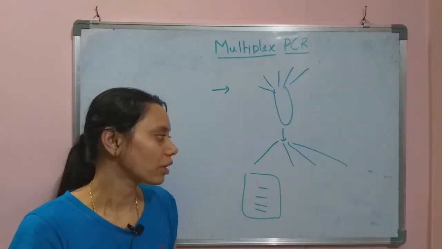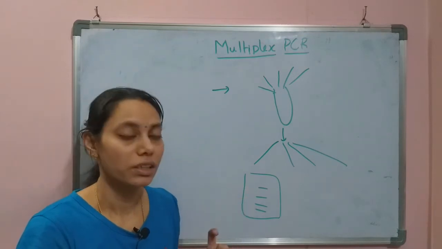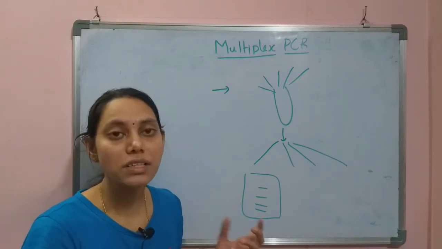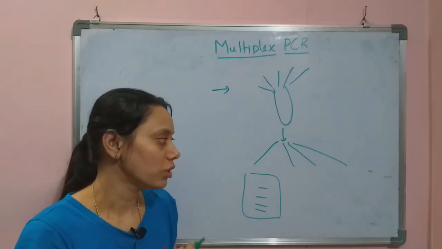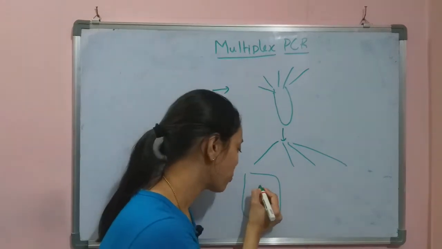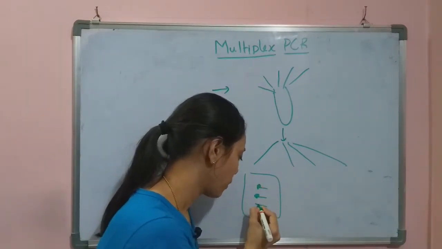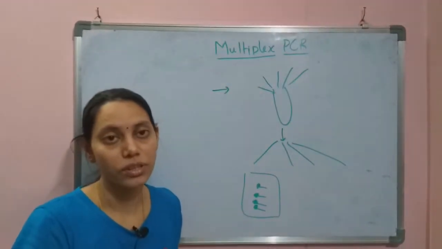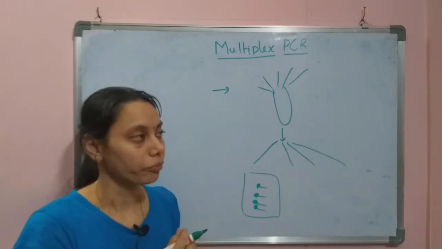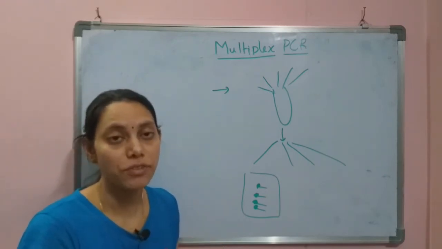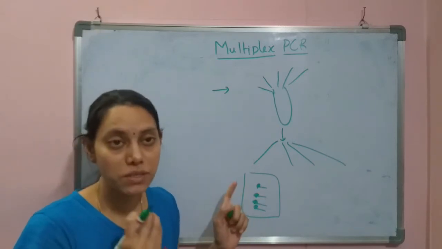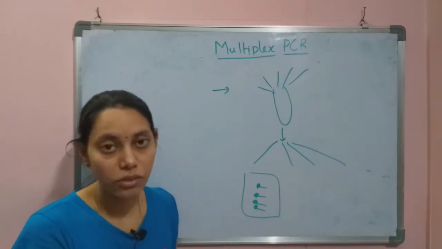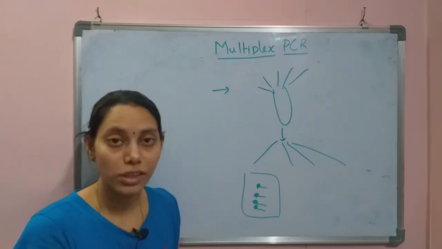So how do we detect different sequences, different targets, whether they are amplified or not, if they are in a single mixture? We are going to use different probes. The markers are different. For each individual reaction we are going to use a probe. A probe is a sequence which specifically binds to and identifies the target DNA, so we can detect whether the amplification is carried out or not.